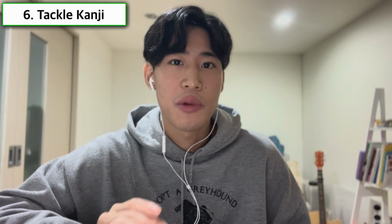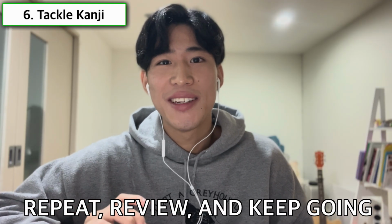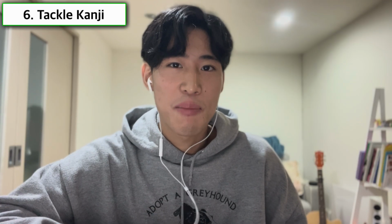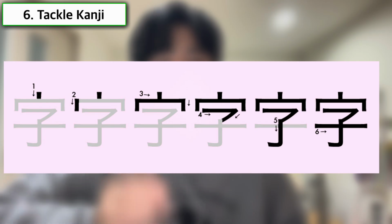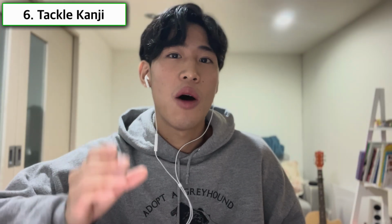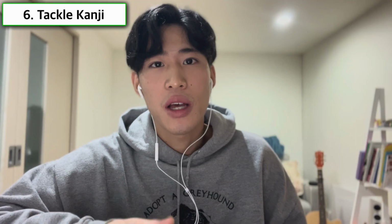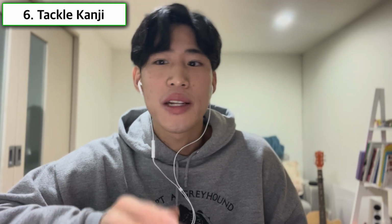Use the same strategy you just used for vocabulary. Repeat, review, and keep going. Yes, kanji can look scary at first, but with the right methods and tools, you can learn them step by step. I think it's best to combine different learning methods, like studying radicals, practicing stroke order, and using traditional textbooks. All of those are really helpful, but if you want to learn kanji quickly and conveniently, I'd definitely recommend